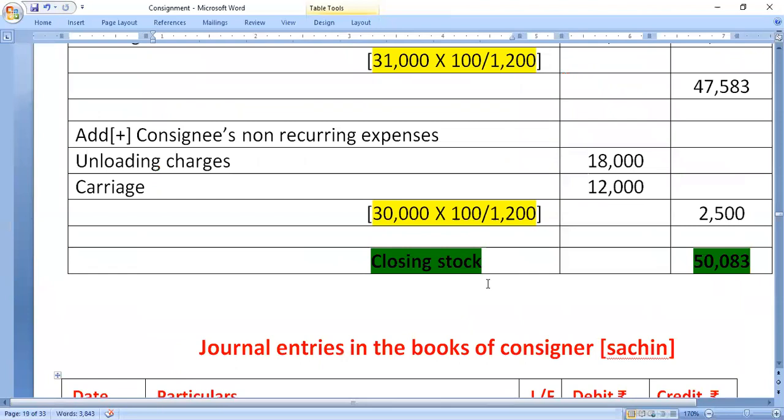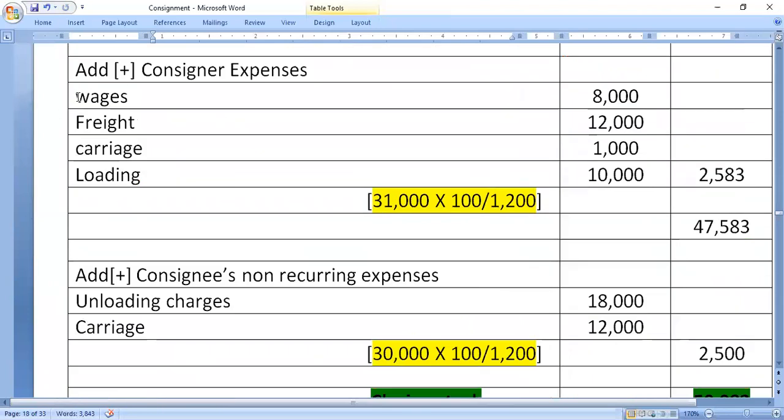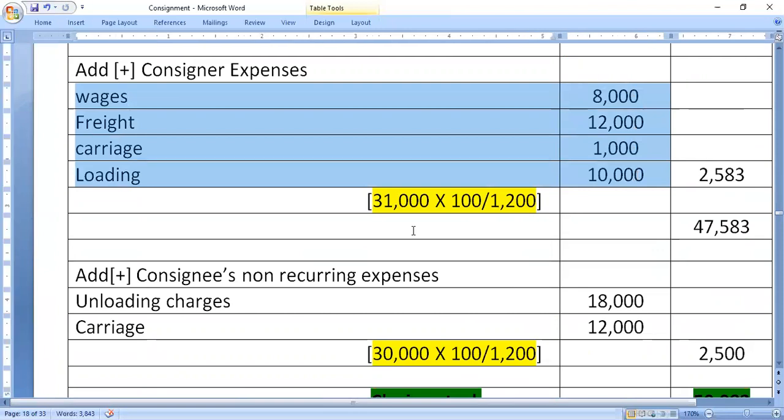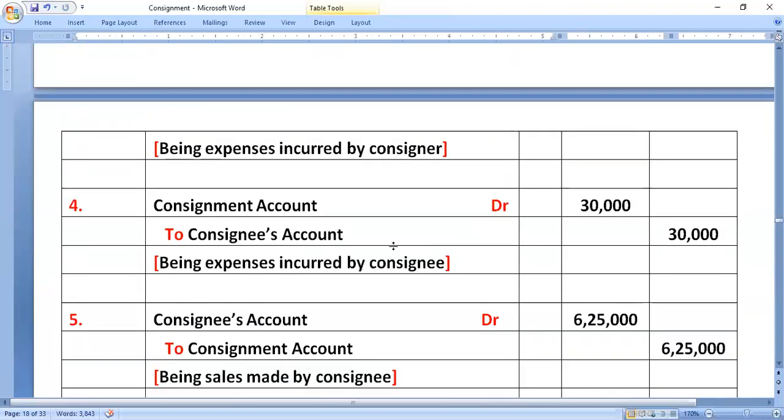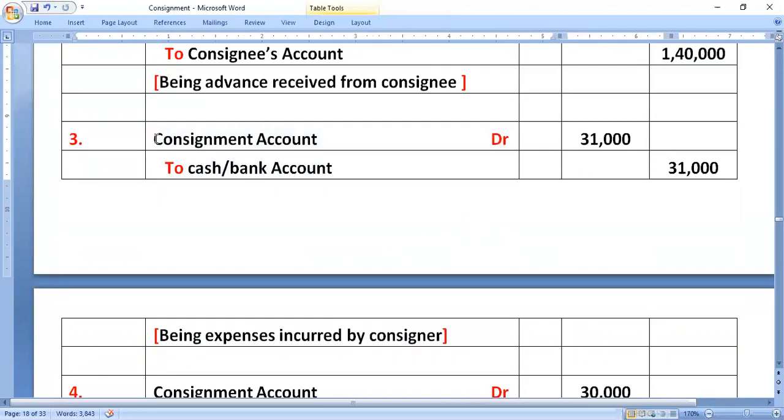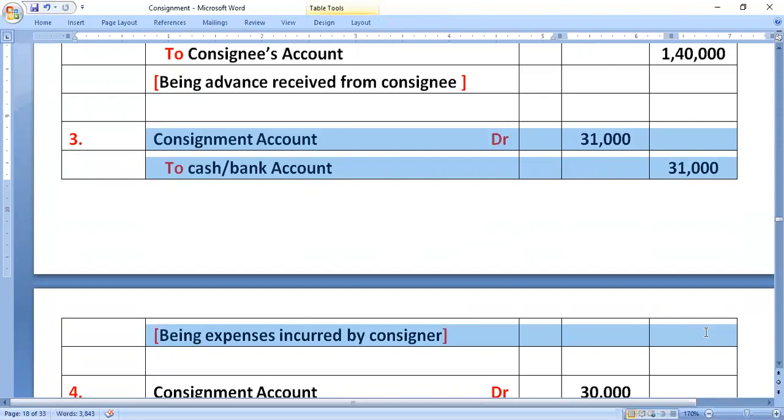Already we know which are the expenses: wages, freight, carriage, and loading, my dears. Total 31,000. I am also indicating here 31,000, my dears. Consignment Account debit to Cash/Bank Account, being expenses incurred by consignor, total expenditure 31,000. Next one,